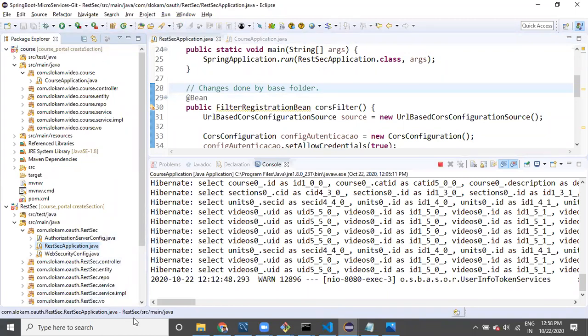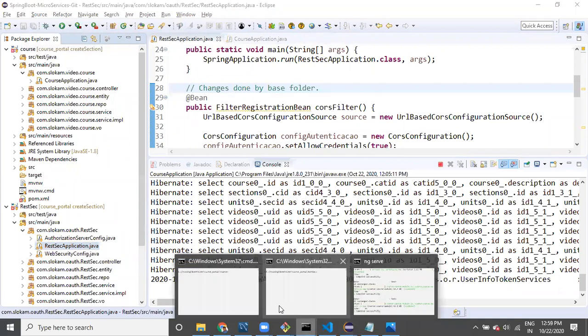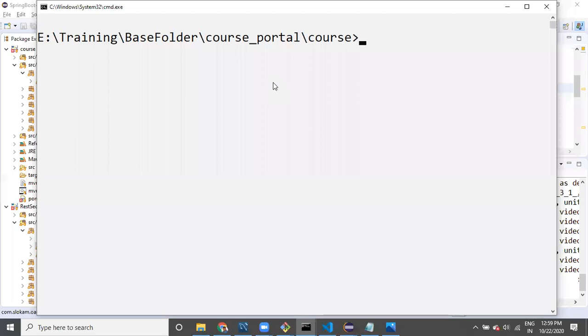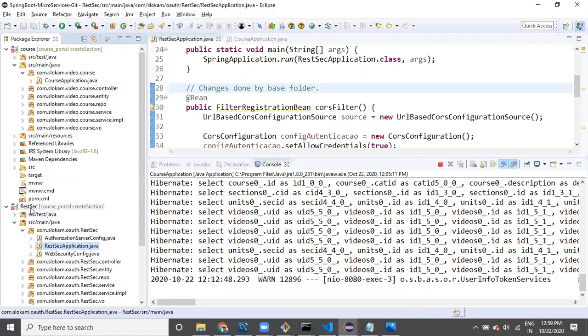You are in the git bash, whatever changes you are doing, you are switching from one particular branch to another particular branch, and that will be reflected even in the Eclipse also.